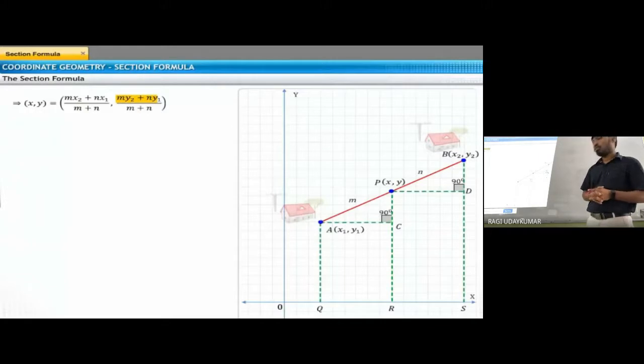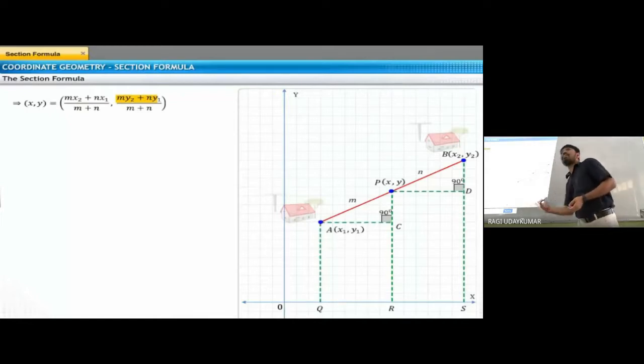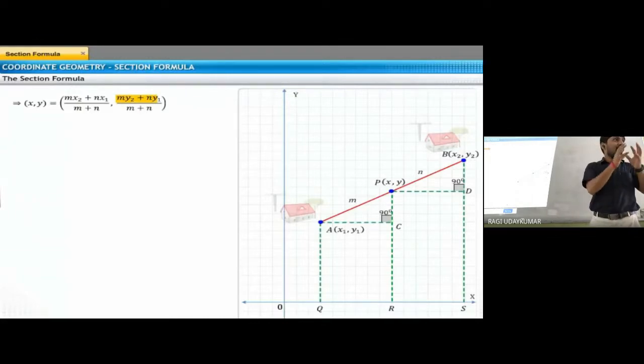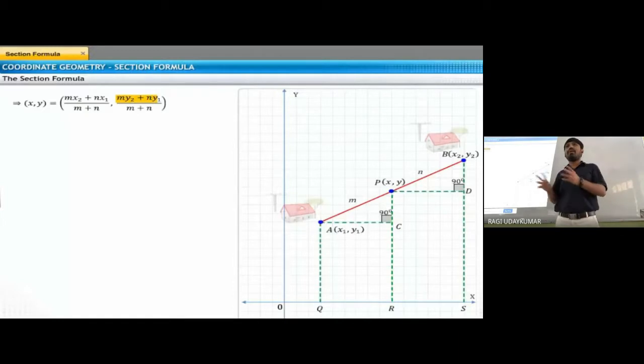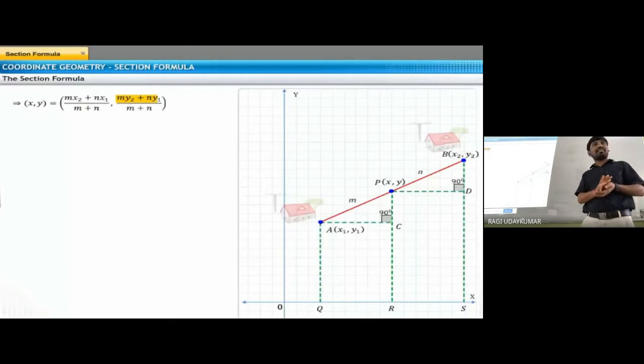Which one? QR and RS. That's what I said. Here the point P looks like a midpoint, that's why these two segments look equal. But we are not supposed to say whatever is appearing to us; we should not say based on how it looks. Clear to you? So we start the exercise now.